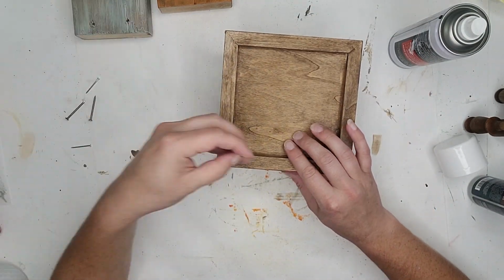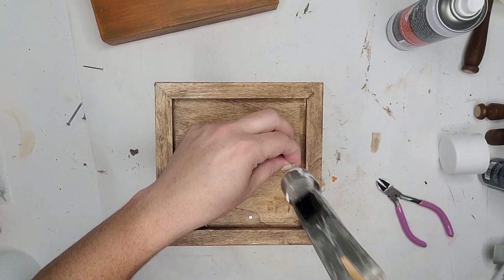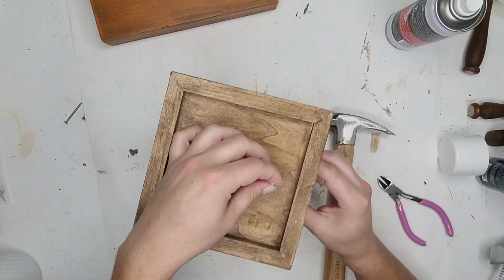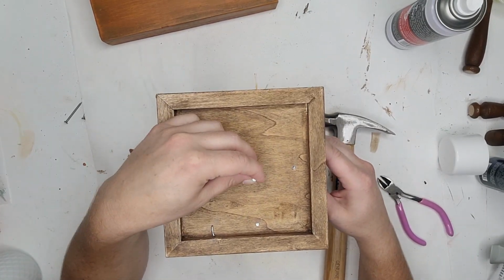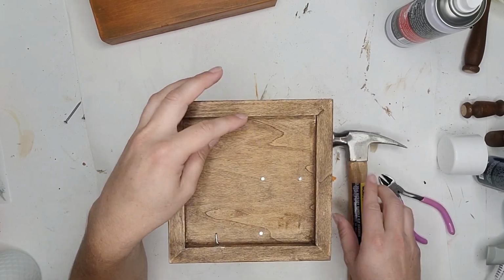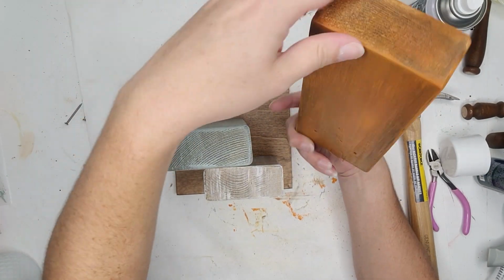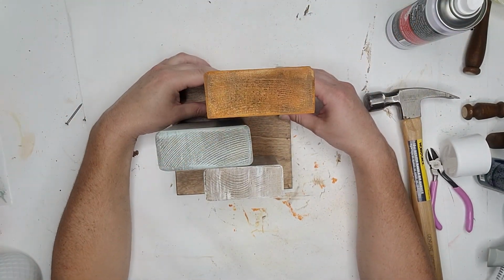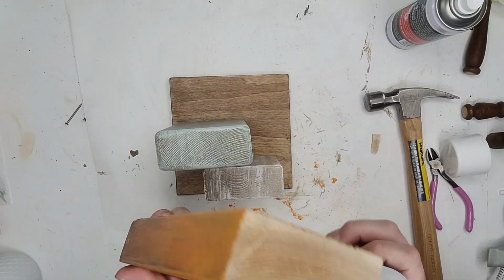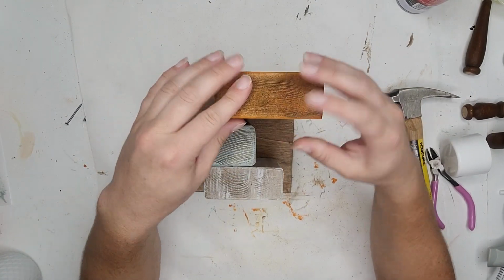I'm going to turn it upside down, put 2 nails through the bottom of each board, and then flip it back over, go to the next pumpkin. So I am starting with my smallest pumpkin so that when I turn it over, if I had my longest one on there, I wouldn't be able to reach the table and I'd have to finagle it a little bit more. So start with the shortest pumpkin, flip it over, nail into the bottom so that it is nice and secure, flip it back over, place your next height pumpkin, do it again, and then